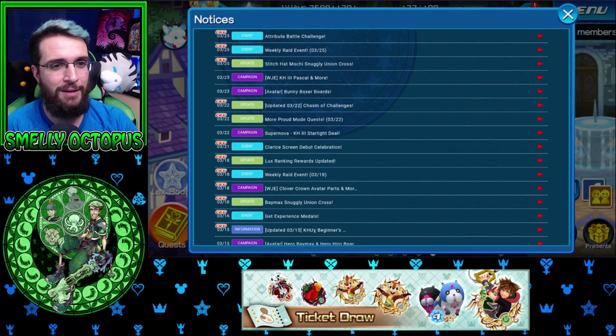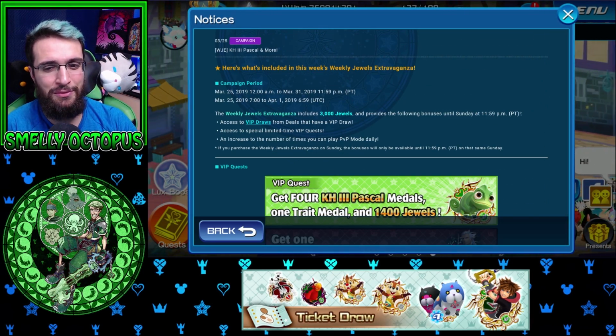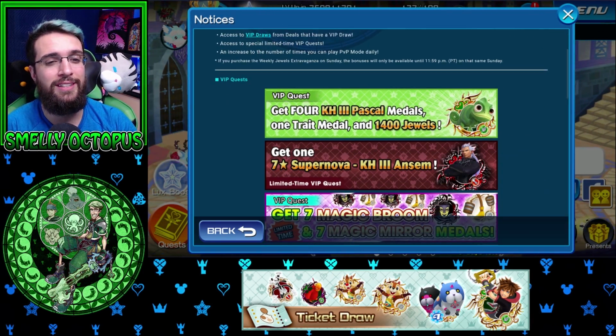There's a couple of things I want to mention here. We're going to throw in a couple of other things there. They have like the Stitch Hat, Mochi, Snuggle Union Cross. Obviously, do Union Cross. Don't be like me. But most importantly, I do want to talk about the current VIP medal along with the current quest that they're